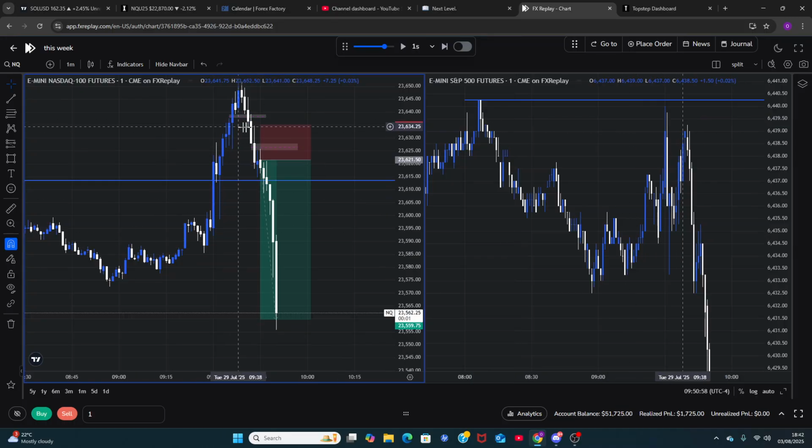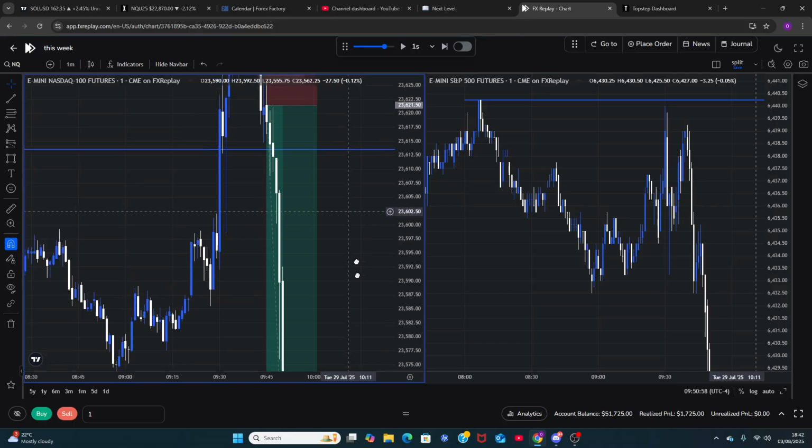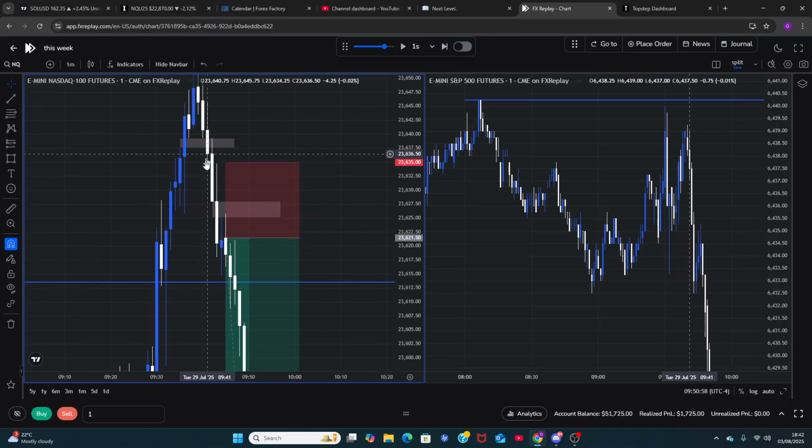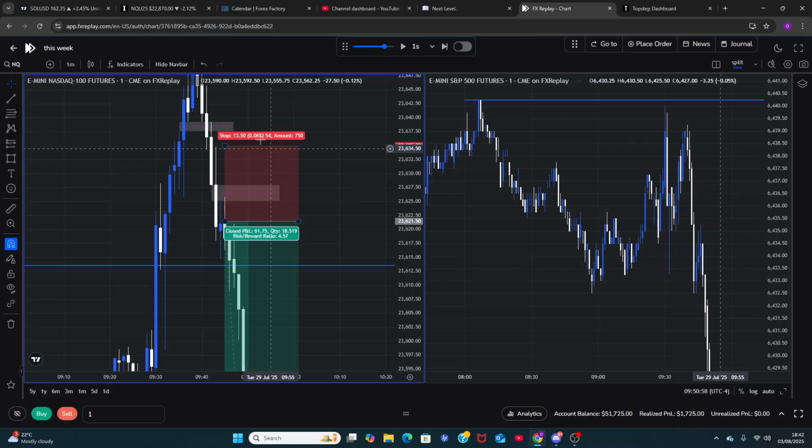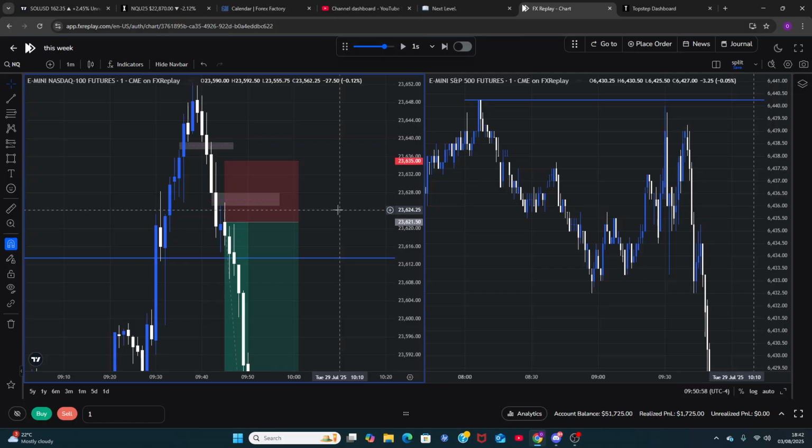We got basically disrespect. We got displacement first. We didn't actually enter straight up here. That's less probable. It'll work on some days. It won't work on others. We waited for our rebalance, and then that's enough displacement. We got our rebalance into FCB. Stop loss right there. Sorry, there. Entry there. I have enough of stop loss in case price wants to come inside the range again, which I don't think it would if we're truly bearish. Remember I said to you guys, if we're truly bearish, we will just go through straight away.